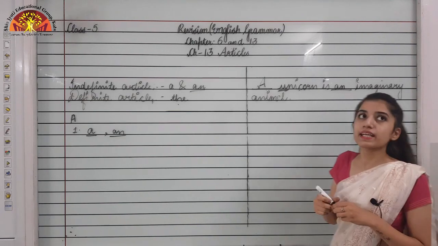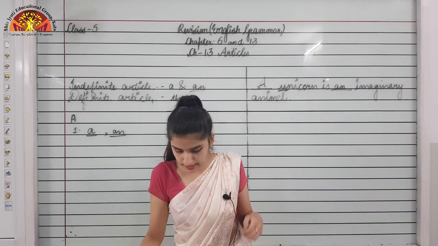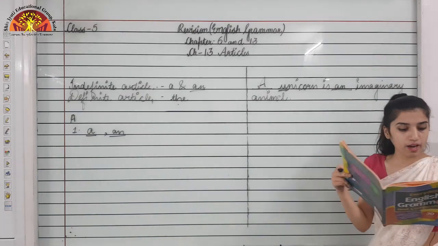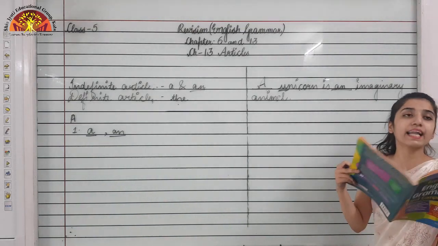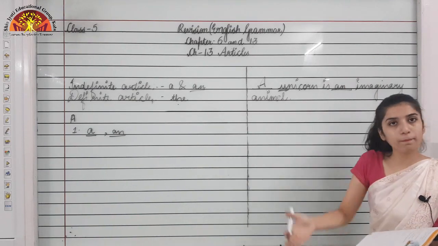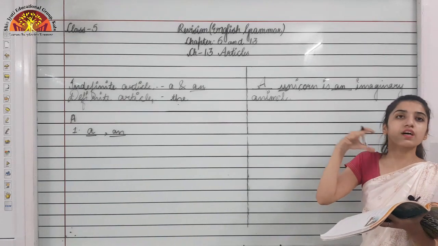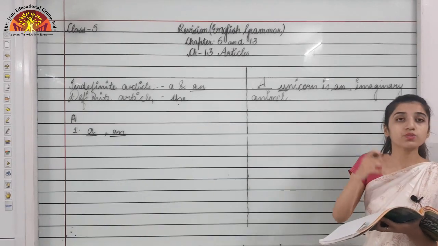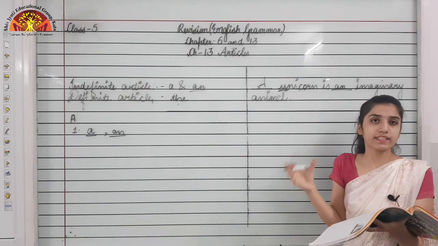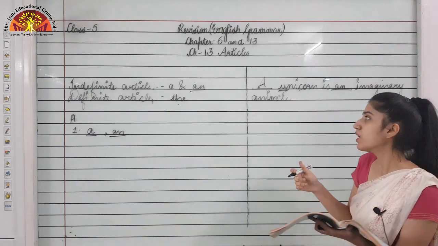Now taking some examples of the also. You can refer to exercise number B, which is given in your book on page number 82. So you can find: dash platinum is an expensive metal. Okay, platinum, as we have seen in the uses, we use the what? We use the phrases. We do not use the before the metals. So that is why the answer would be platinum only, okay. We will not use the.